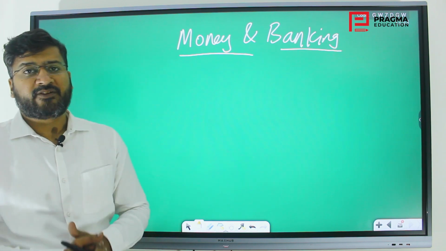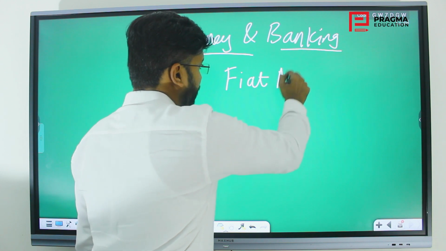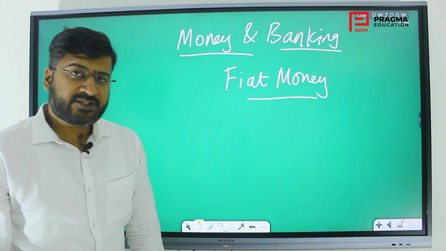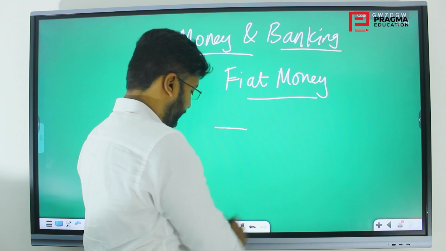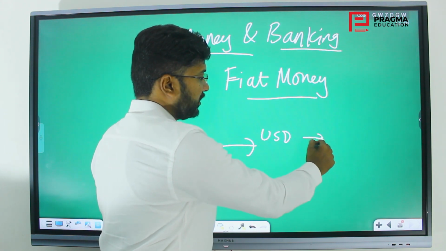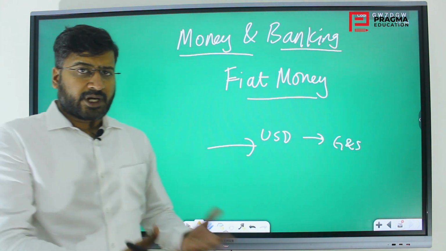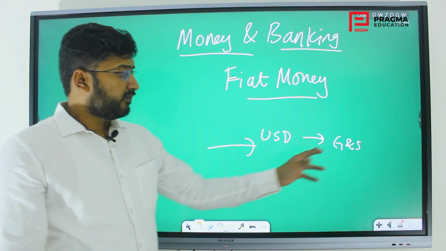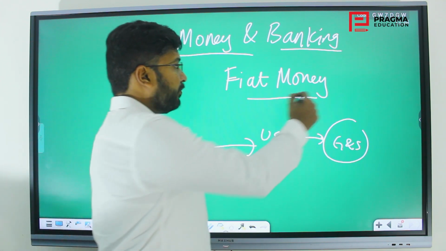Let us look at the definition of something which is very important, which is called fiat money. What is fiat money? Say suppose I go to some place in India and give them US dollars, asking them to buy me some goods and services. I go to some random place, not a foreign exchange or the RBI. If that is not a legal tender in this country, then fiat money is something that is a legal tender,